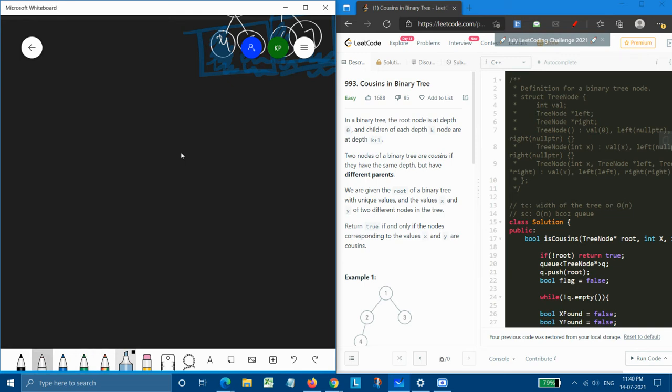Before starting the coding, let's come up with how we will design the algorithm. Basically, what we need to find a cousin is that x and y should be at the same level.